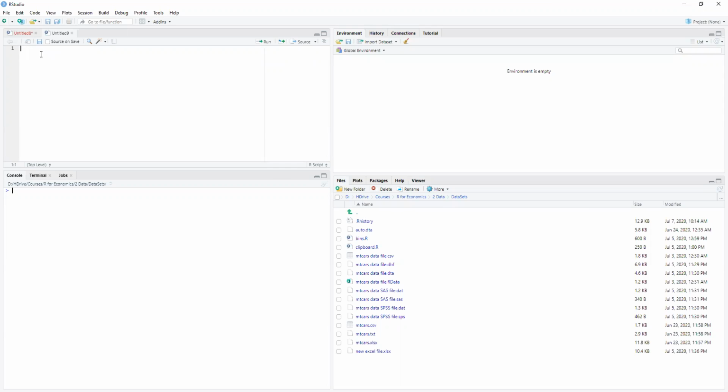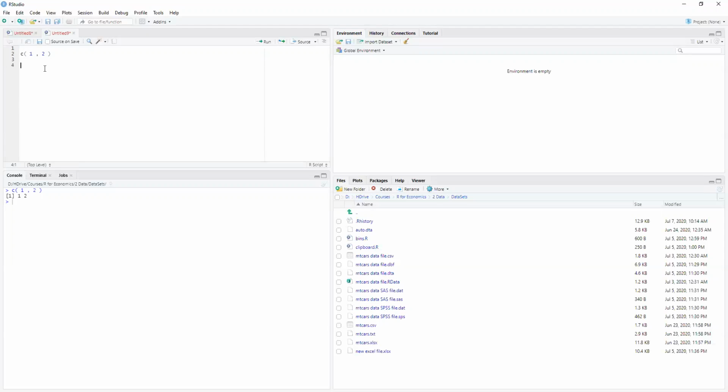Now we're going to be talking about the combine function. So what is the combine function? It's c, open brackets, 1, and then we can type in whatever thing is of interest to us with a comma in between. So we have 1, and then we have 2. And the comma there is going to tell us that we have 1 and 2 as a vector. So it's saying that these two things are now next to each other